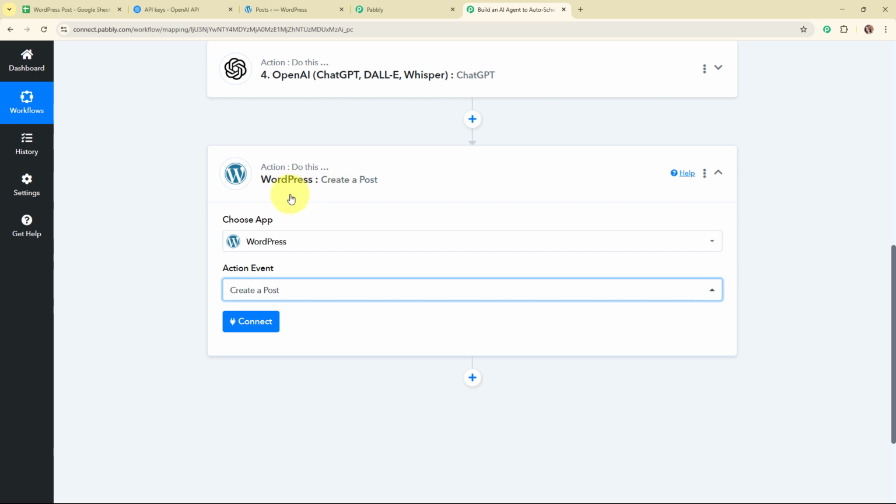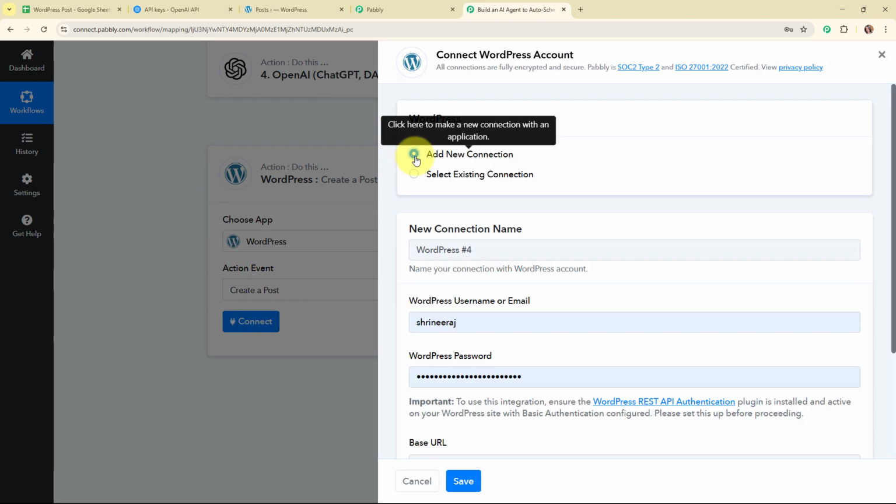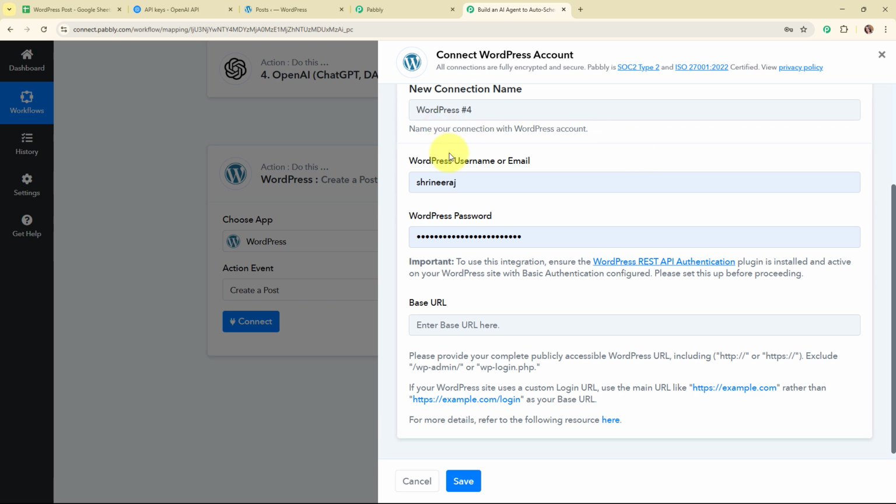Alright, so now here to connect my WordPress with Pabbly Connect, I'm going to click on this connect. Again, here to build a new connection, I'm going to select add new connection. If your WordPress account is already connected with Pabbly Connect, then you can click on select existing connection. And now to build a new connection it is asking me for the WordPress username, password, and the base URL. So here you can see I have already added my username and the password, and here for the base URL,